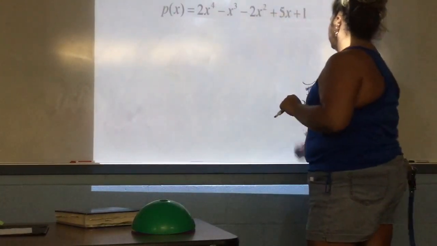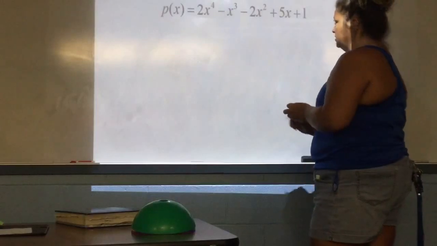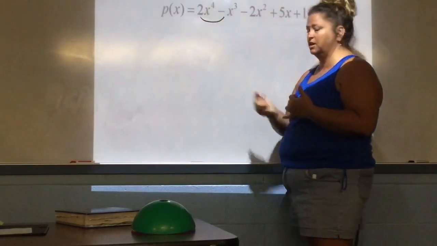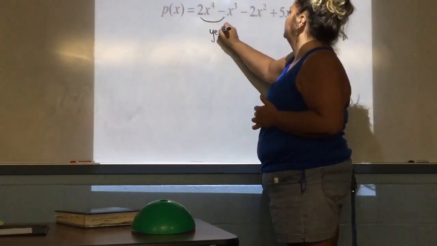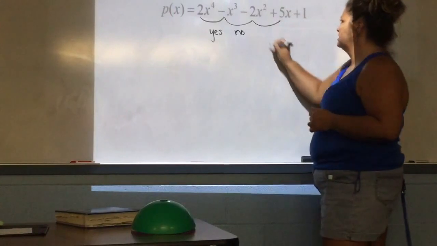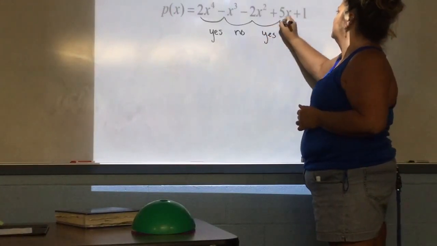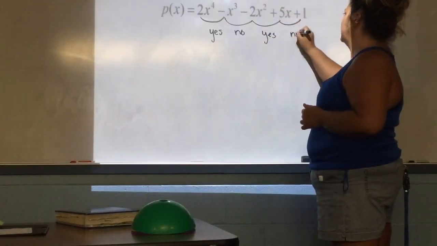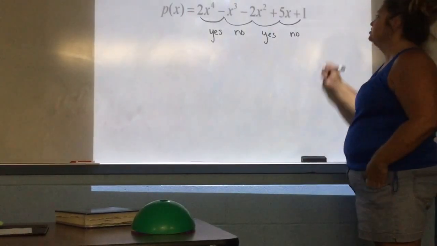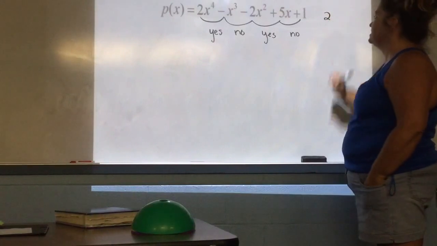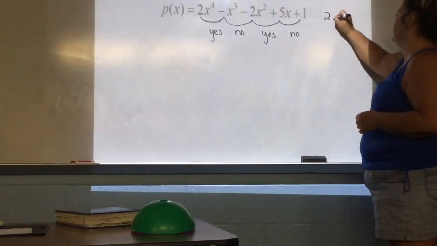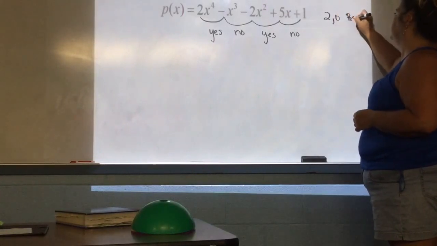So the first time we can leave it as is. It goes from positive to negative. Is there a change? Yes. No. Okay, he says no, negative to negative. Yes. Yes. No. No. Okay. Now, how many yeses did I get? 2. So there's a possibility of 2, that's an even number. So I count down by 2s, or 0, positive